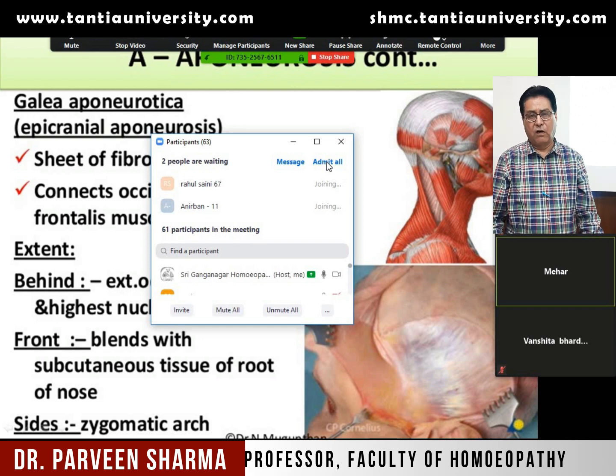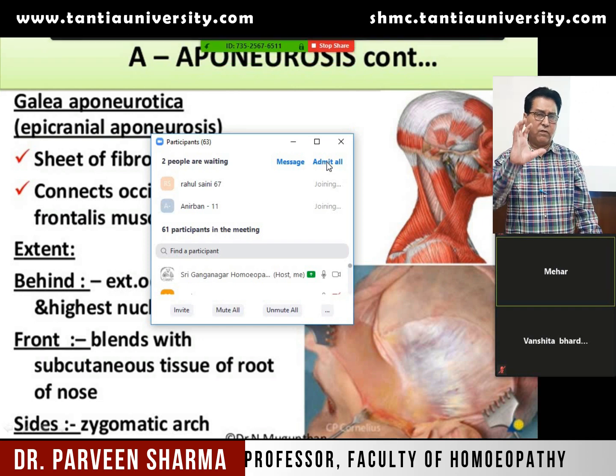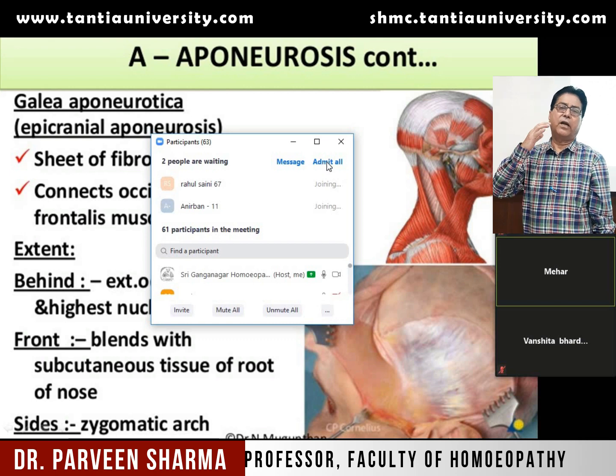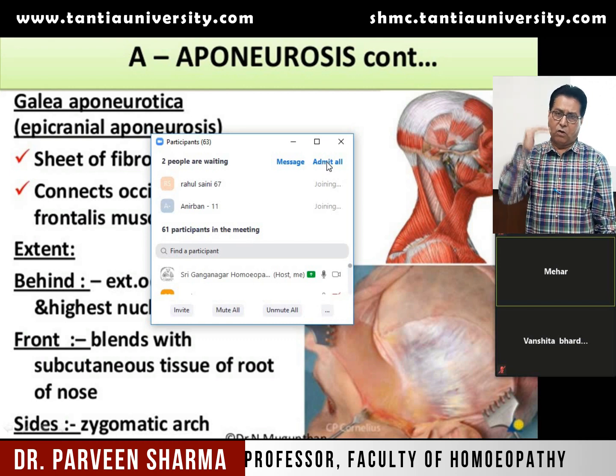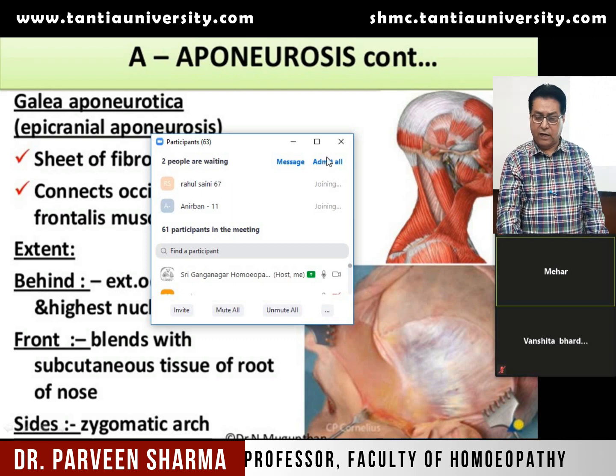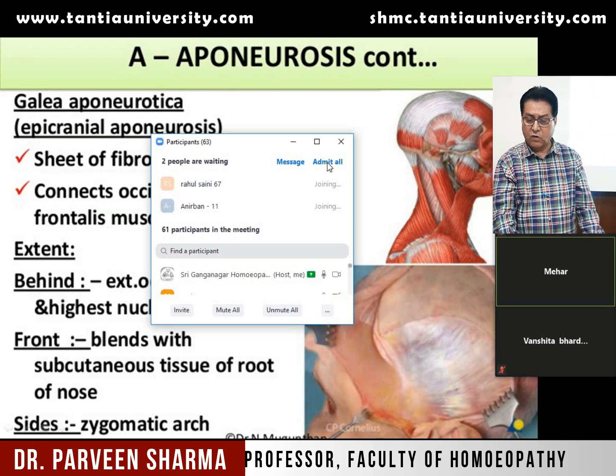the facial nerve. Now the action of these muscles: when these muscles contract, you can make wrinkles on your forehead, horizontal wrinkles on the forehead. So that's about the muscles of the skull. So you have only 2 muscles.